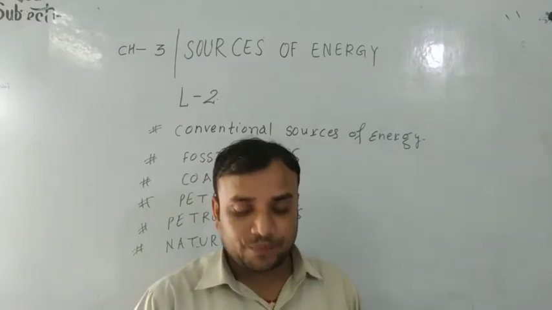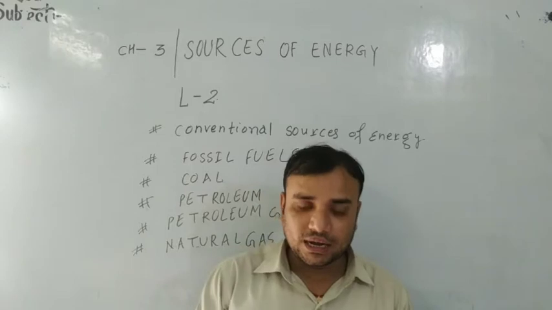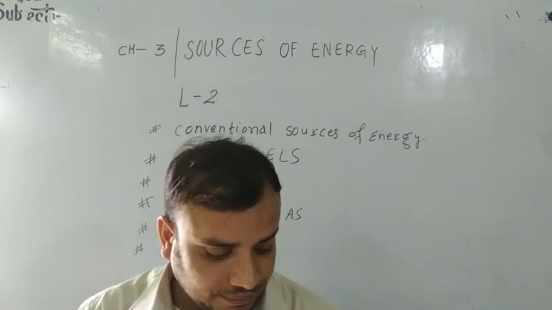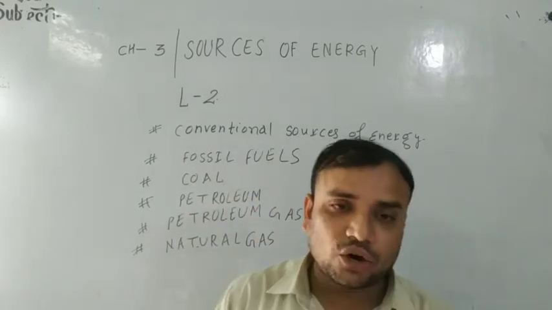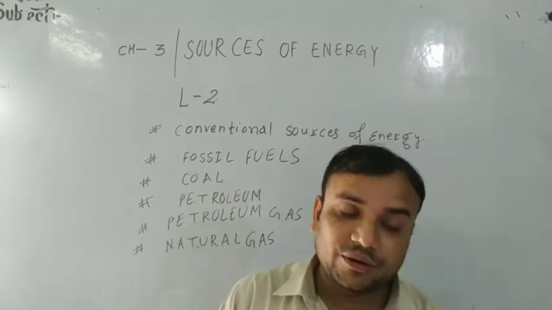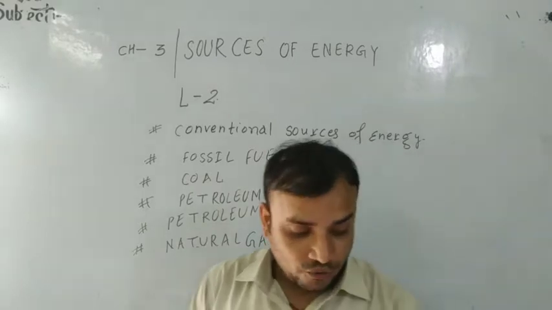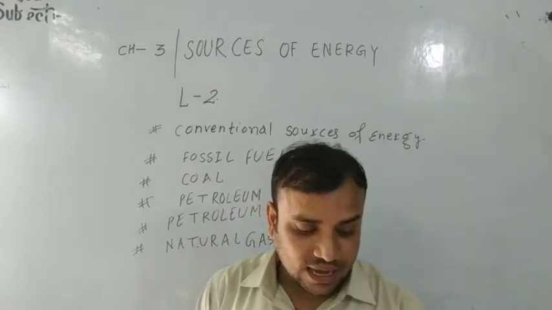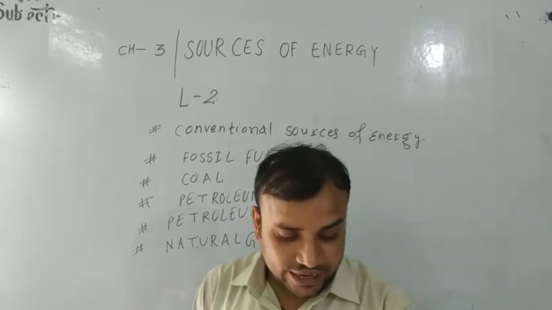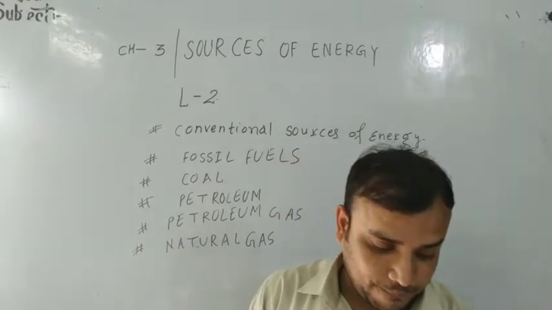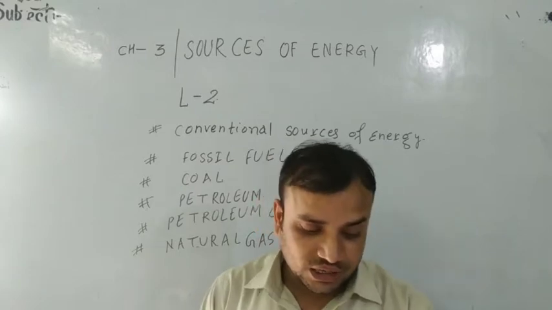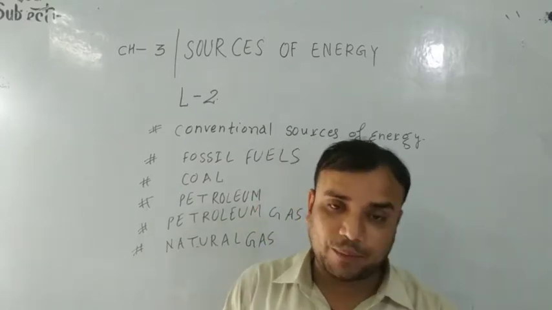Even dung cake, that means uple, goitha, is a conventional source of energy in our country. And in ancient time the energy of flowing water and blowing wind were used through water mills and windmills respectively for very limited purposes like running a flour mill, atta chakki, to grind grains to obtain flour, atta, and water lifting pumps. The energy of flowing water or wind is no longer used for these purposes.